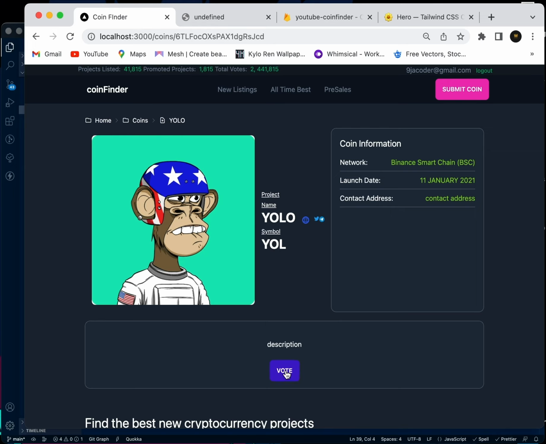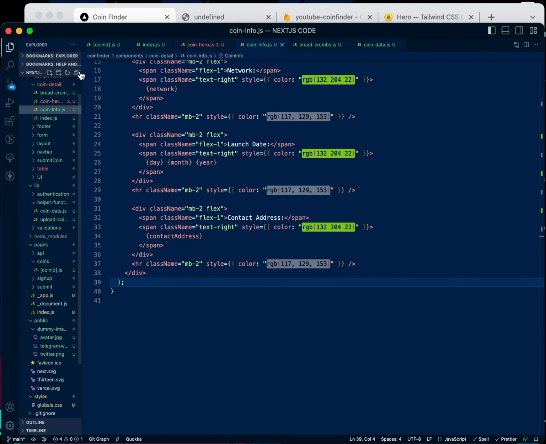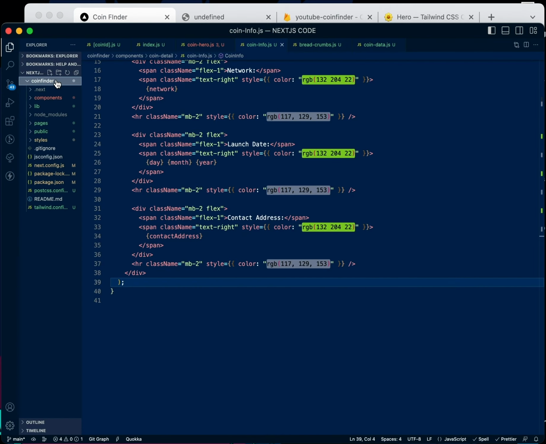This button here. If you vote for a coin, the votes will increase for this coin. Now, to do that is very, very simple. We're just going to come to our code here, and we're going to come to our lib, and we're going to go to our helper functions. We're going to create a new file, sorry, votes